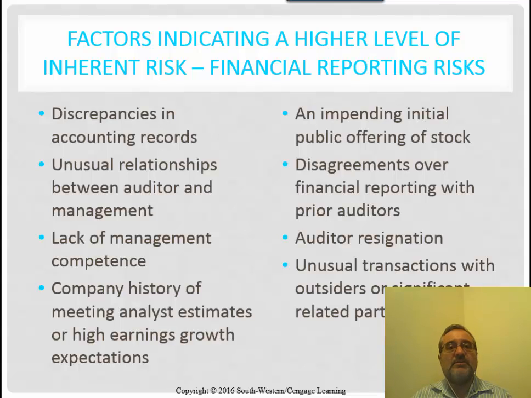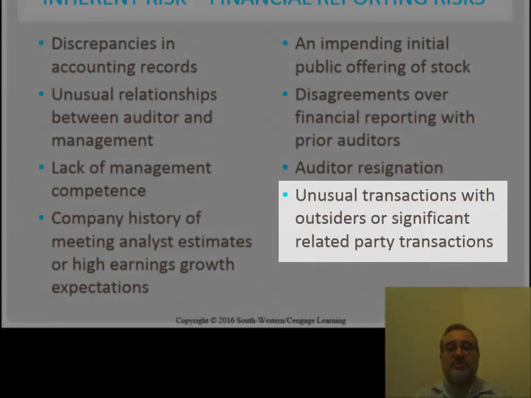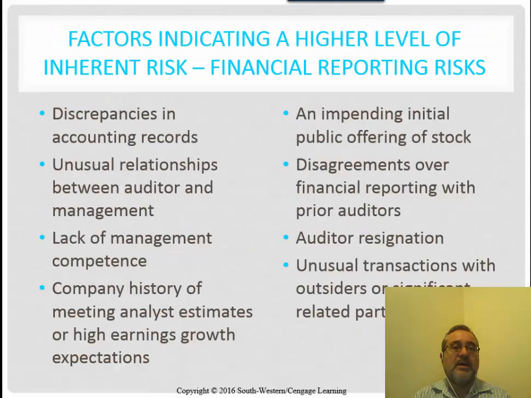organization. Factors indicating a high level of inherent risk at the financial reporting level: discrepancies in account records, unusual relationships between the auditor and management, lack of management competency. A couple of other things: if an auditor has resigned, it's very possible that this may be an indication of issues related to management's ethics. Unusual transactions with outsiders or significant related party transactions may in fact be a risk level as we are